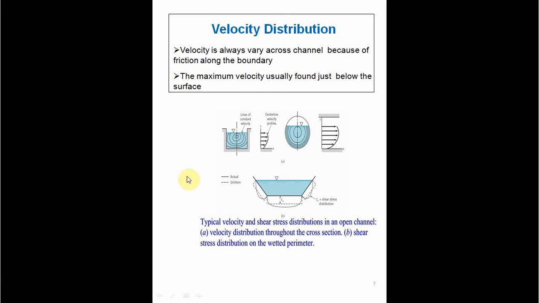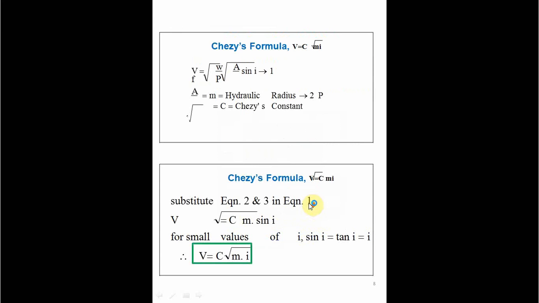Okay, so this bold line indicates the actual distribution, and the dotted line indicates the uniform distribution of the stresses. Okay, now coming to the